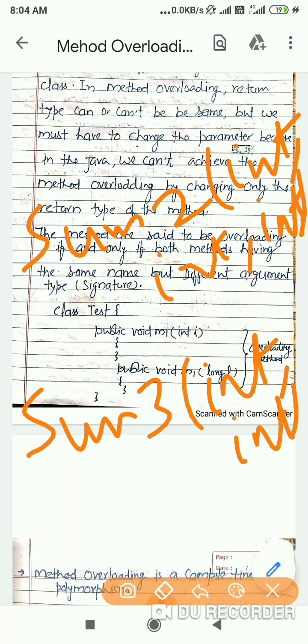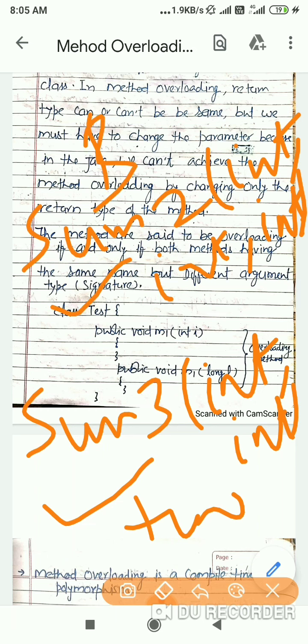We have to create two methods. This one is for 2 parameters and this one is for 3 parameters.